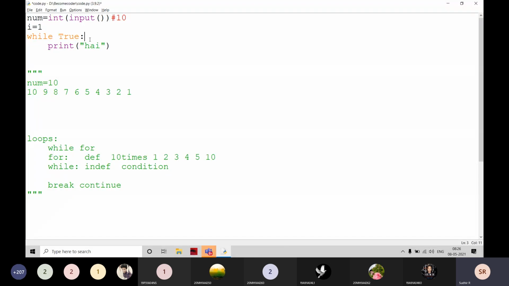Priya, what is the output? Just a minute, I will check everyone. If it is wrong only, I will discuss with you. If it is okay, I will not discuss. If I have any doubt, then only I will discuss. Priya, is the output 10 to 1? Did you execute that? Yes, sir. If a is equal to true, then it is going to break.